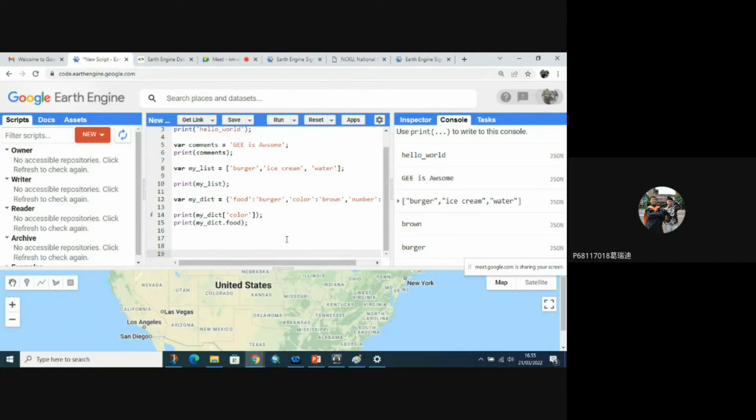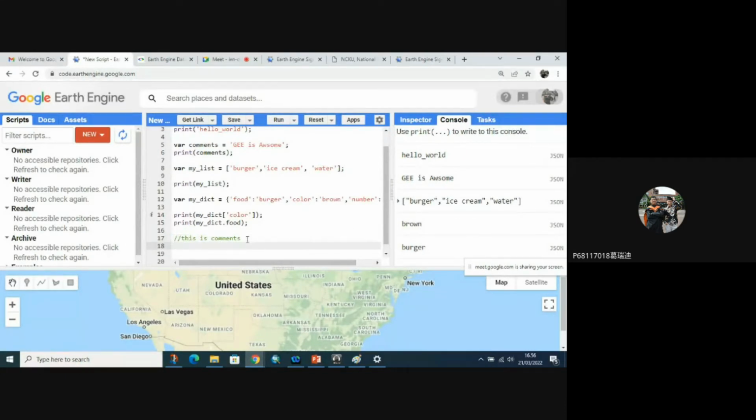Sometimes we want to make a comment using a double slash. This is a comment. This is using double slash to make a comment.